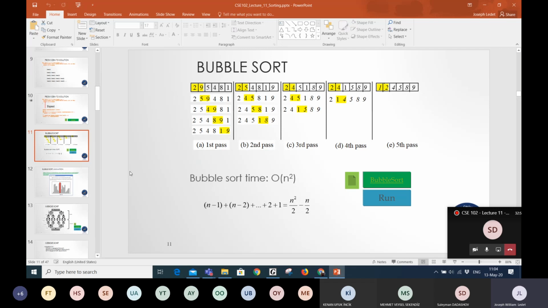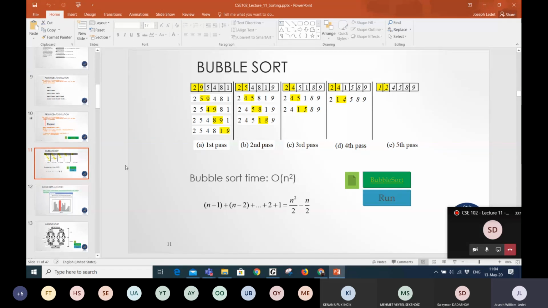There are situations where bubble sort is better than insertion sort. There are situations where insertion sort is better than bubble sort. Both of them have a time complexity of n squared. And again, the reason why is because in the worst case scenario, how many swaps would have to be made? Well, we're going to look at that because in the example, both insertion sort and bubble sort,